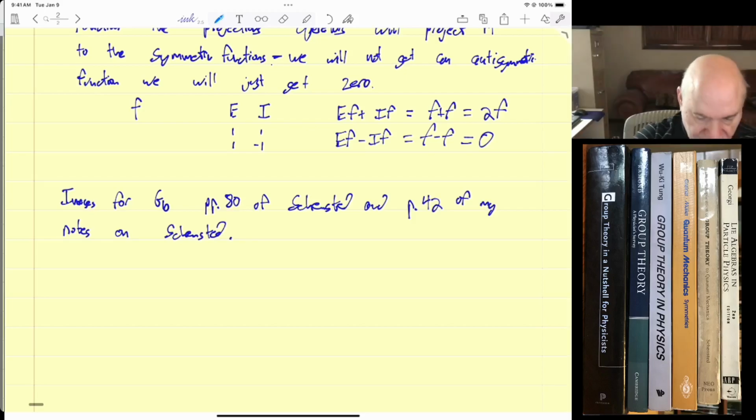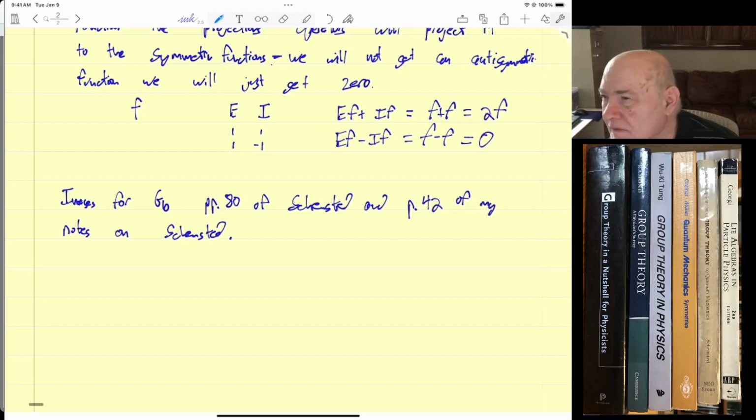So let's go look at that to see some further examples. Lost. Okay. Page 42. I'll get it in a second. Okay. So